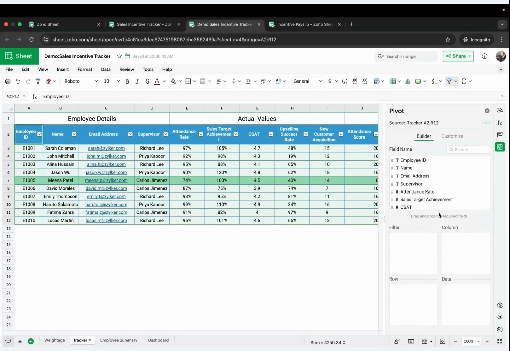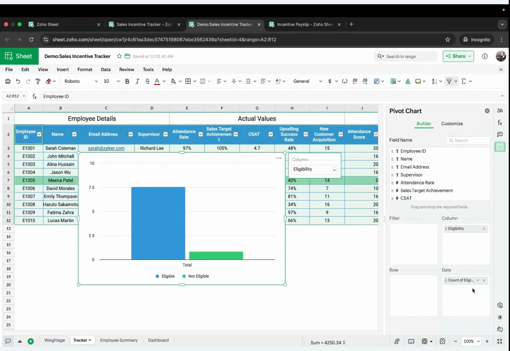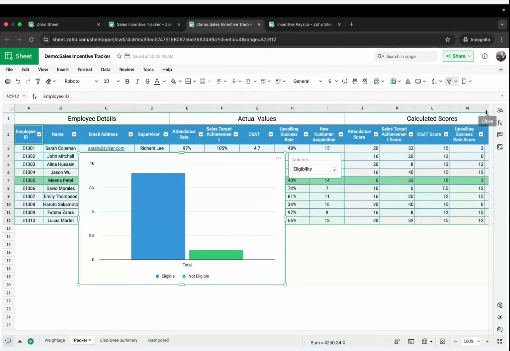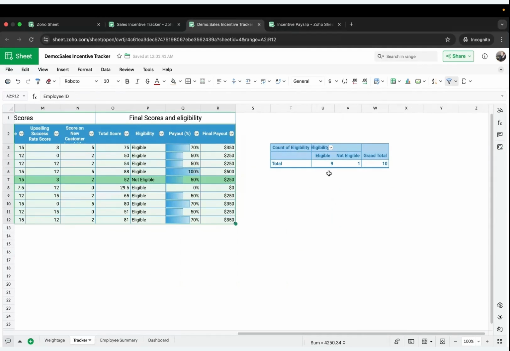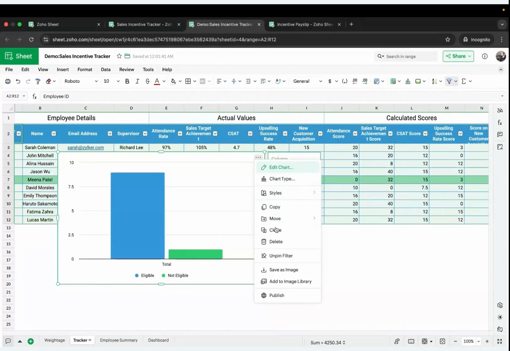And now we can drag and drop the field names. I'd want the eligibility, so I will go and click this, and I will drag and drop it in the column field, and the data is also eligibility. You have got the pivot table, and now you can go to the customize section here and click add pivot chart, and close this once you have done. And here your pivot table is also displayed. You can move this chart to the dashboard sheet,